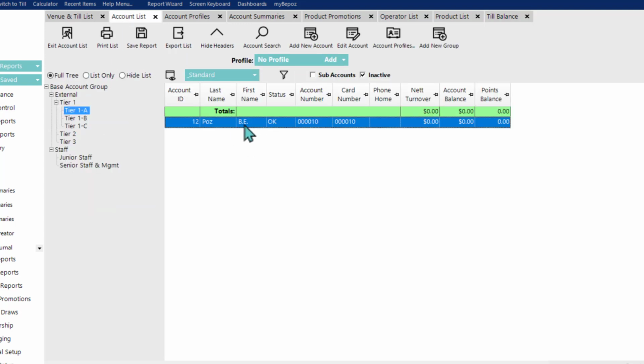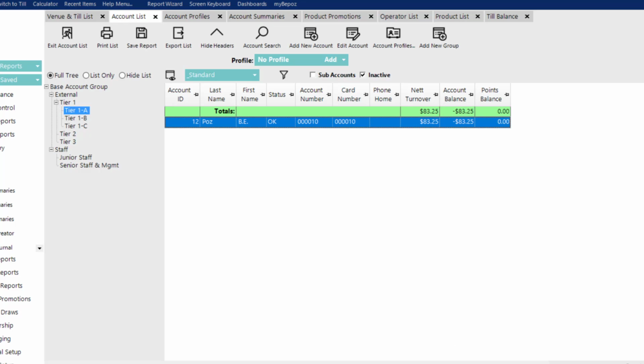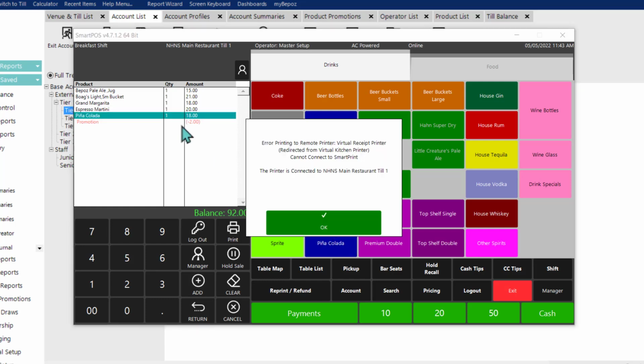I know I said that would be the final thing, but I do just want to show you a different workflow. If we have the pricing type set here to current item, and I'll leave that as 10% and save that. Now in SmartPause, the workflow is going to be to add the products first, and we can confirm here because there's no account attached that is receiving the normal price there. So we'll just add a few different products here,